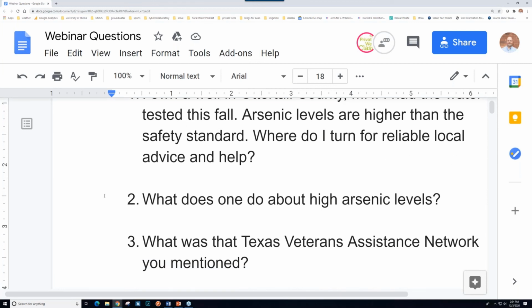What does one do about high arsenic levels? Well, the only options you have are to treat it or to try to find another water supply. And whether that's available to you, if there's another aquifer that might be deeper, because in all likelihood, if you drill another well into the same aquifer, it's also going to be higher in arsenic. That's typical because it's in the source grains or minerals of that aquifer, either the rock or the sand and gravel. I know in Illinois, in Tazewell County, it's all in the sand and gravel, and it's because arsenopyrite is part of the makeup of the matrix of all the geology of that aquifer.